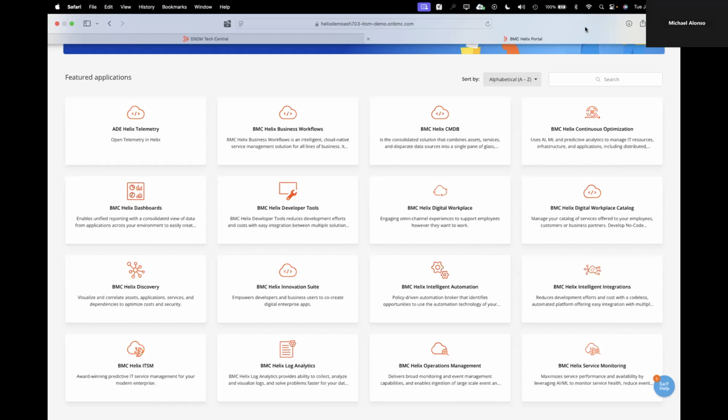Today, what we're going to be walking through is an executive level demonstration of some of the capabilities that we have as it pertains to AIOps. Now, in the short period of time we're going to be together today, obviously we're not going to be able to do deep dive, drill down capabilities within the tool set. But if you contact BMC, we will be happy to arrange a more technical deep dive as you see fit.